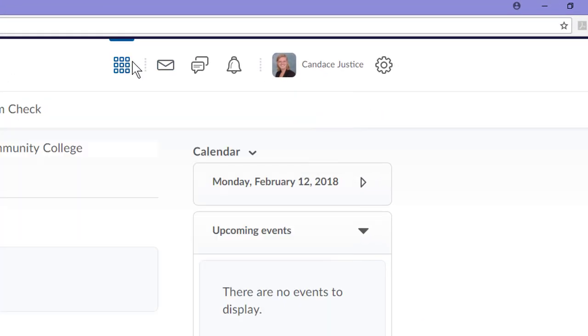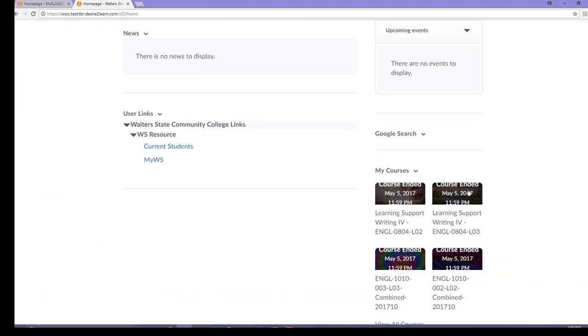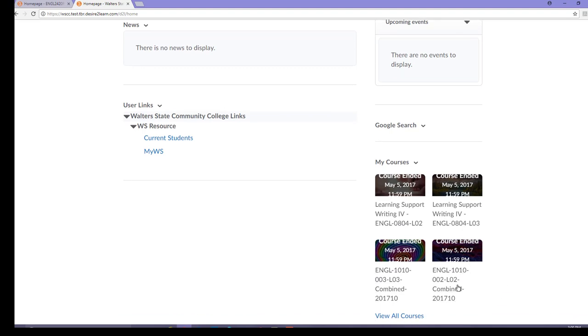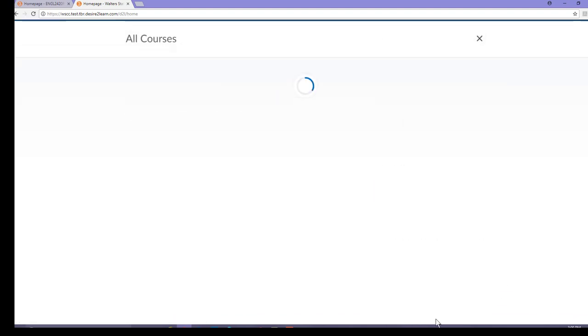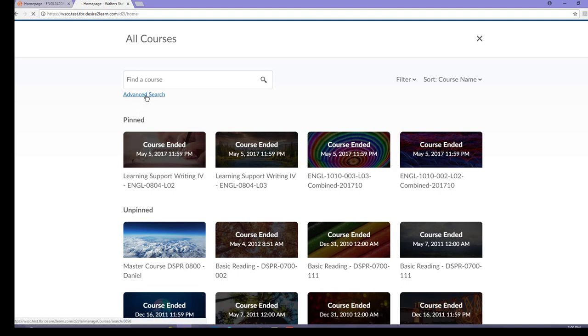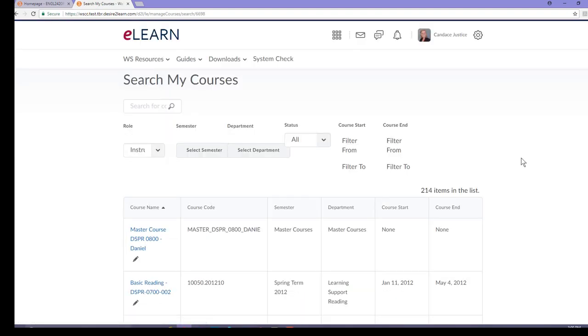Much like the old eLearn, you have email, you have your subscription alerts, and then you have update alerts. You also have your personal information as well as settings. Scrolling down, just like in the older version of eLearn, you have your courses listed here. You may choose to view all courses, and again, you have the same searchability that you had in the last